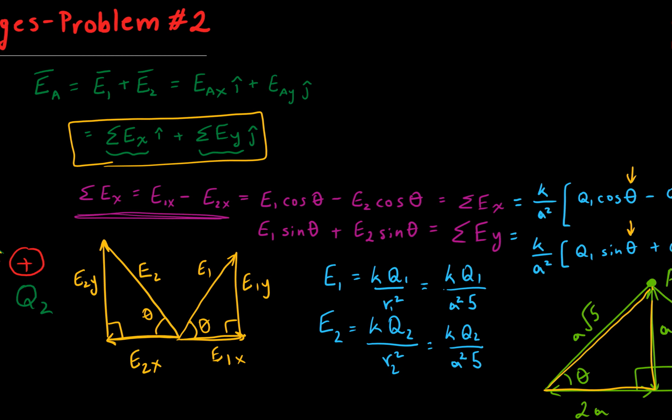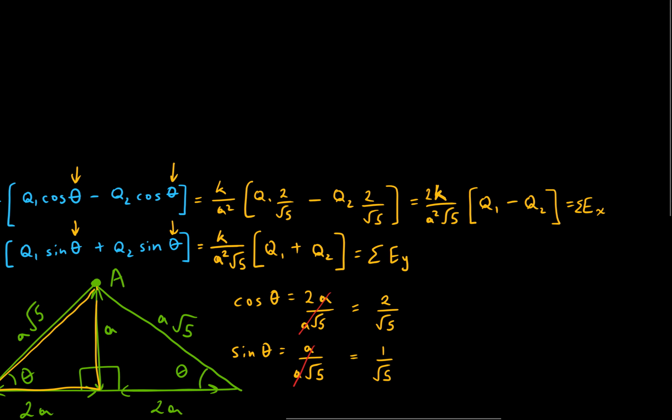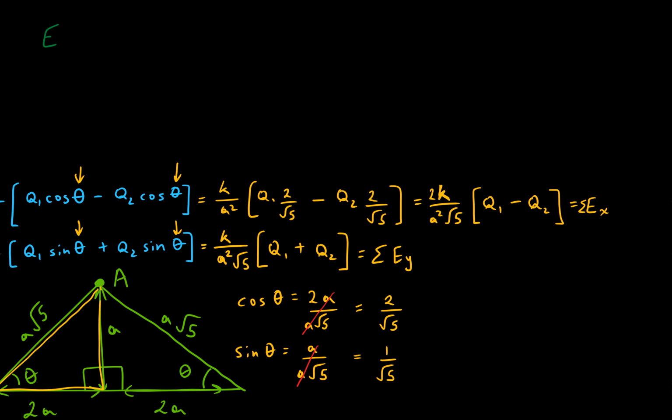Okay, so let's take what we have written down and put this into a nice neat format to write our final vector for the electric field at point A. So let's move over here. We see that the electric field vector at point A is the sum of the electric fields in the x component, i hat, plus the sum of the electric fields in the y direction, j hat,